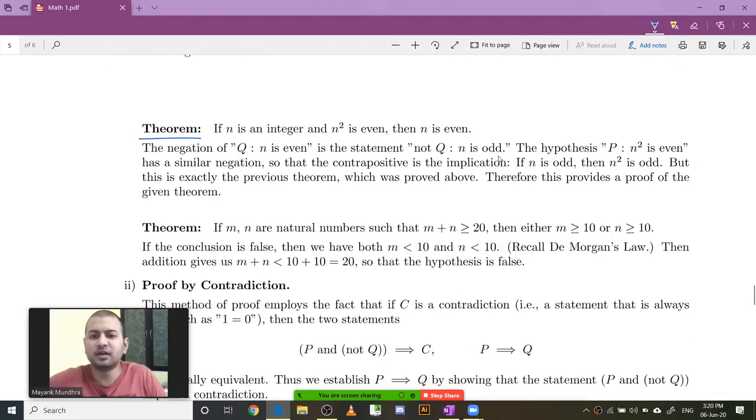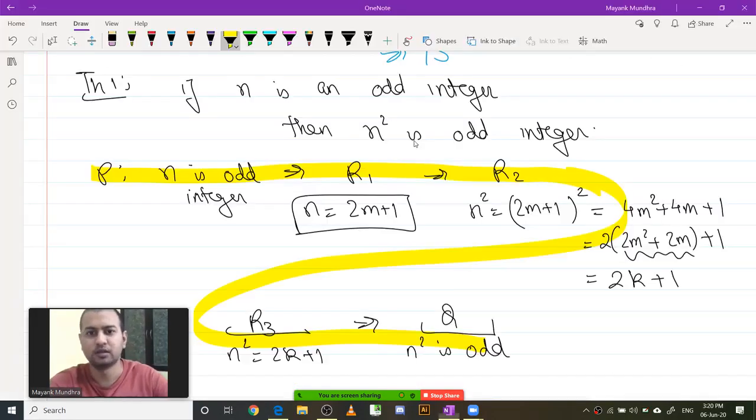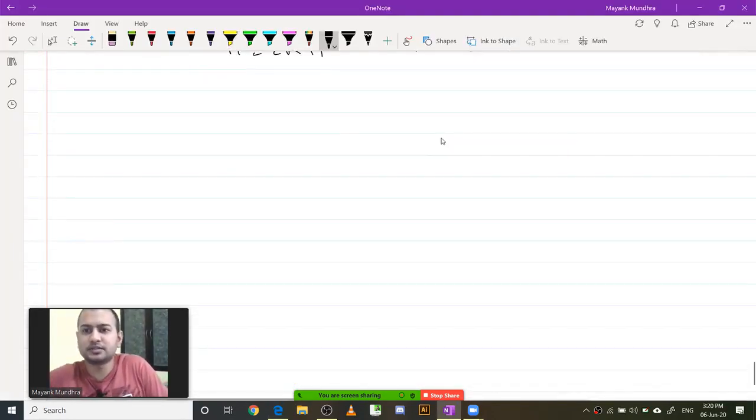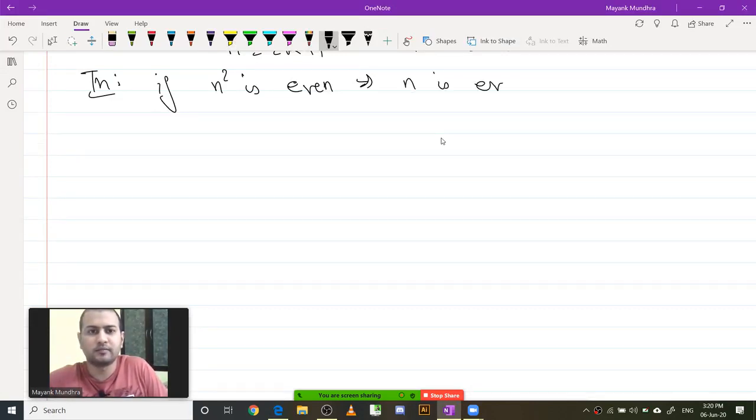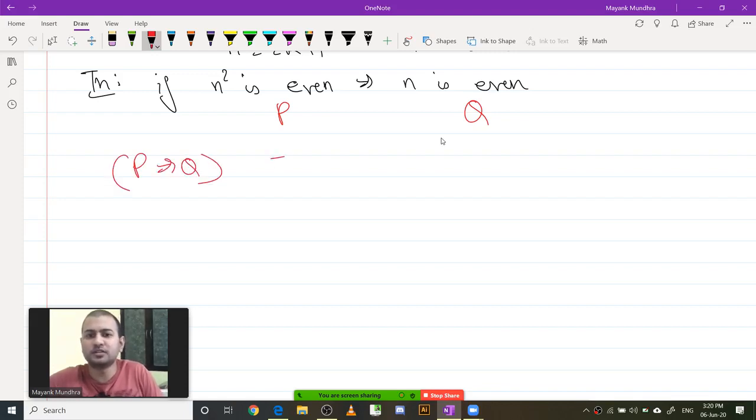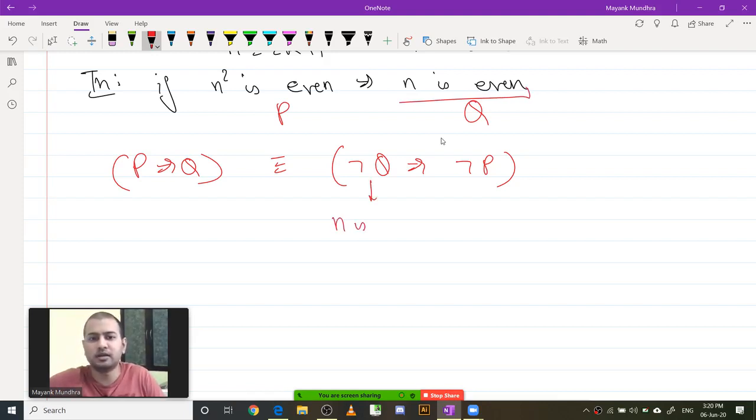So the theorem is: if n is an integer and n square is even, then n is even. So this is my statement P and this is my statement Q. I have asked you to prove P implies Q, which is logically equivalent to negation of Q implies negation of P. Now negation of Q, n is even, would be n is odd,